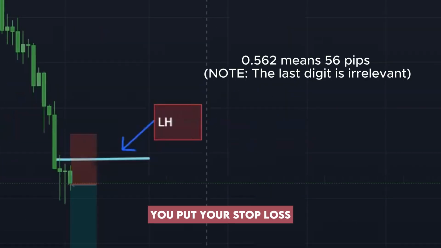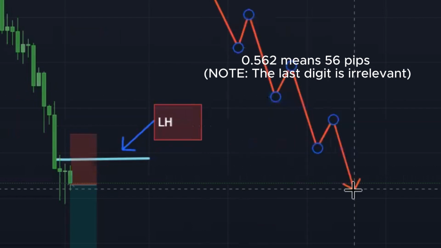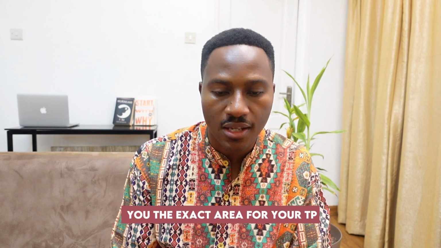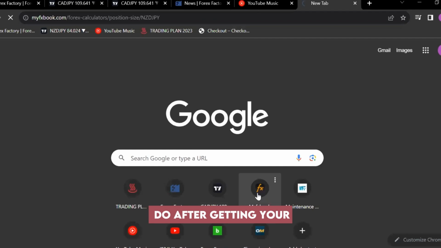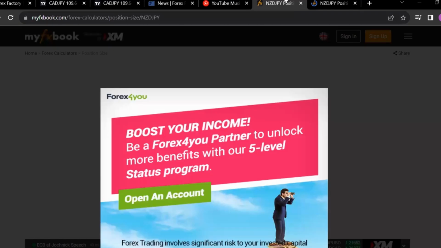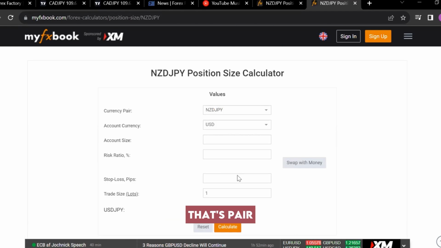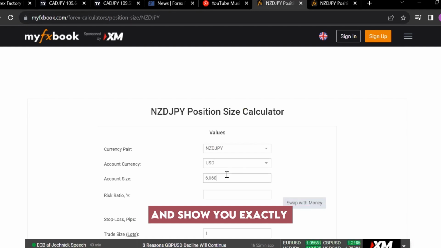If you put your stop loss at this point, then you know that, okay, how many pips is this? The easiest way to do this is to just use Tradingview. Tradingview just gives you the exact area for your TP. And what you want to do after getting your pips on Tradingview is just go to this website, position size calculator. Once you go to position size calculator, put in the pair, put in the risks that you want to risk for that pair, put in your pips, and to calculate the lot size and show you exactly how much